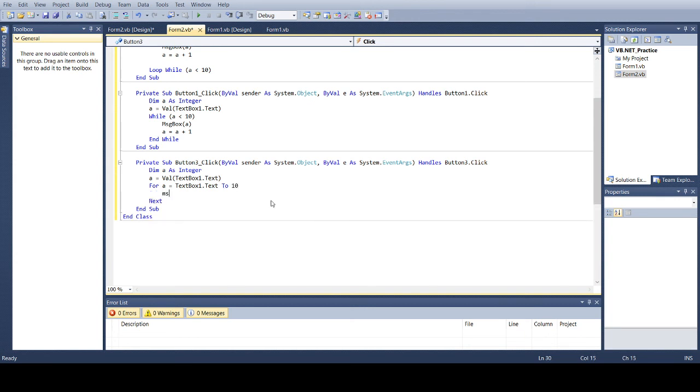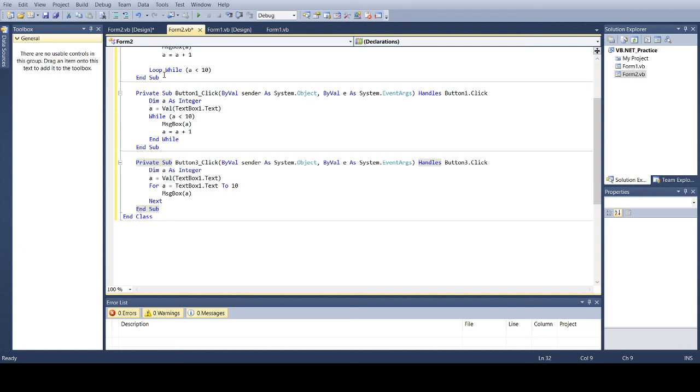After that, I need to print the value of a, so I will simply write message box and a. Next will automatically come. This for loop will run for values from 1 to 10. Once the value 11 comes, it will come out of the for loop and the control will go to